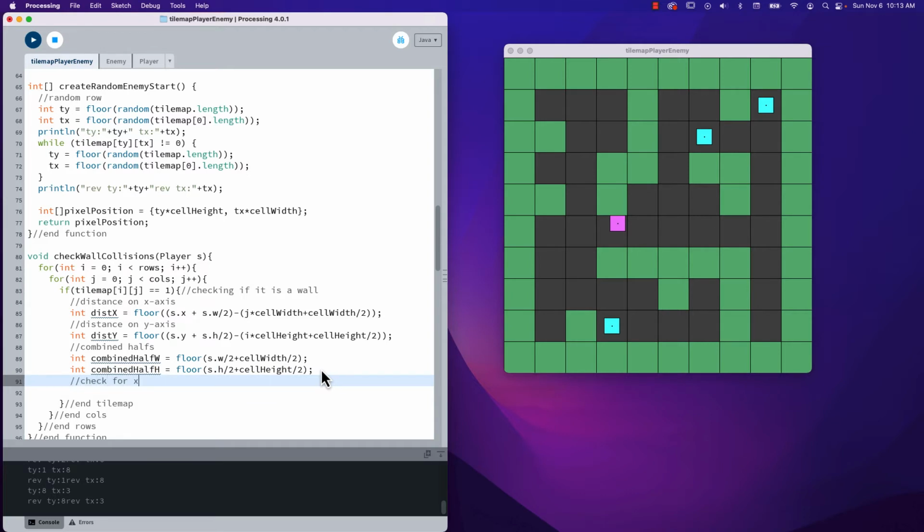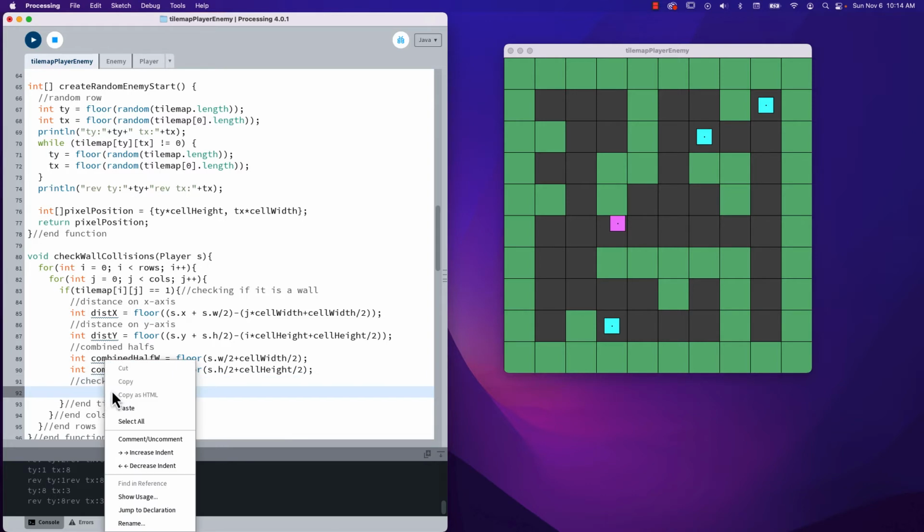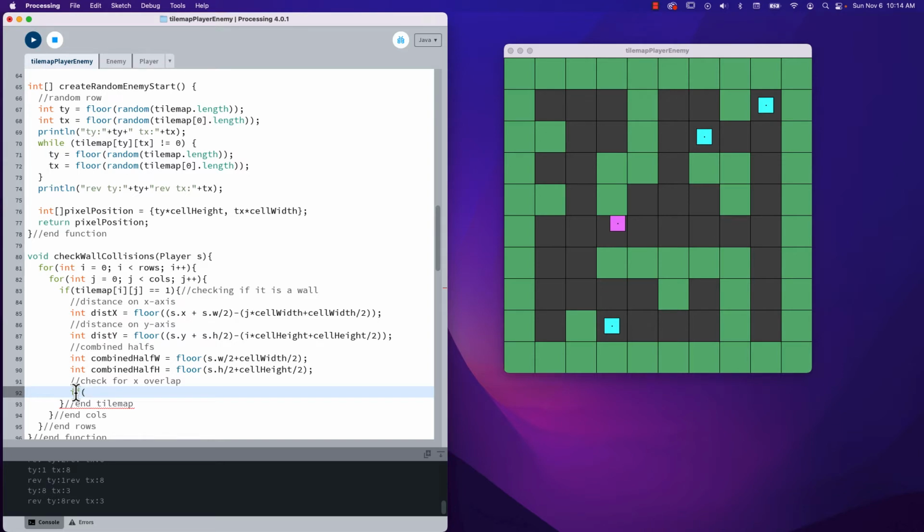check for X overlap, and if X overlap has occurred, then we get to do something with it, where we continue on. But if we're not overlapping on both axes, then we don't need to do anything about it. So we're checking for this X overlap on it. And to do that, let's go if. And now with this, we need to